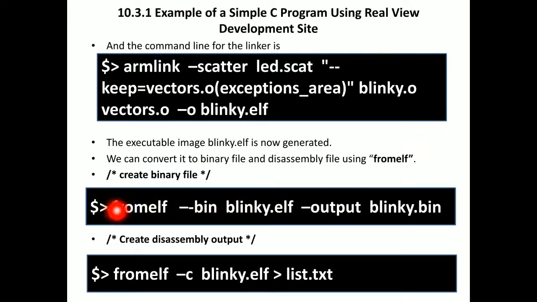I'll repeat again. Till now we compiled, we got the object file, we named the object file, and we gave that object file name to the ARM linker, and we generated the blinky.elf file. Now we need to generate the binary file, and to do that we use a separate command, fromelf. From ELF, generate the binary file: fromelf --bin. The input file name is blinky.elf, and the output file name is blinky.bin. So to generate output, we use the command --output blinky.bin. This will generate our binary file.